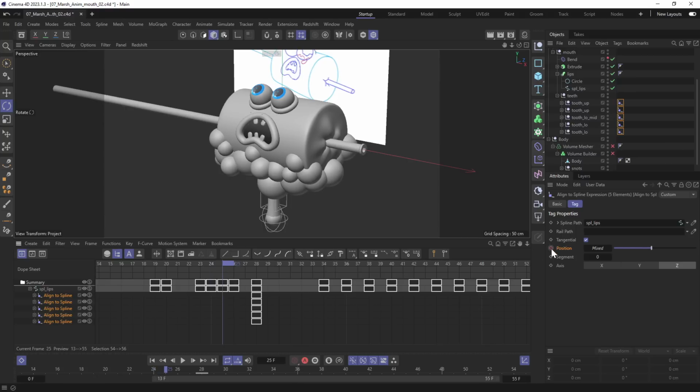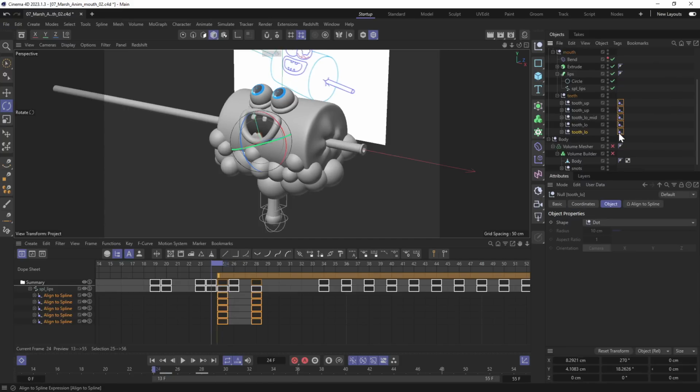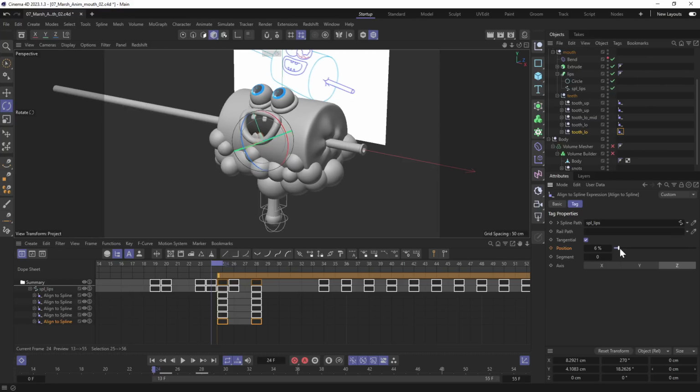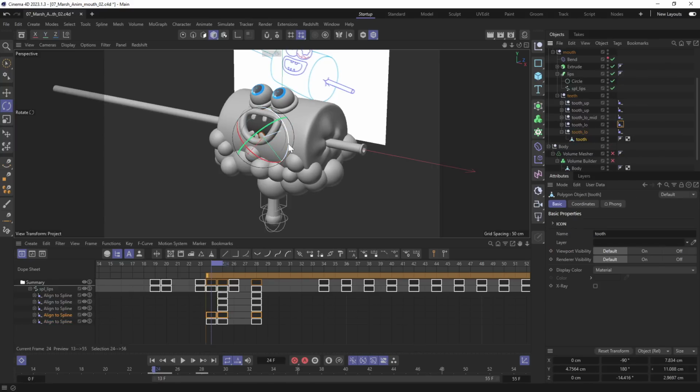Let's set a keyframe at frame 25, then go to frame 24, and looks like we need to fix not only position but also orientation. Let's fix positions at first. Don't forget to set a keyframe after you made some changes. Now we're gonna fix the orientations. Let's select the geometry and figure out the axis of rotation we want to fix.